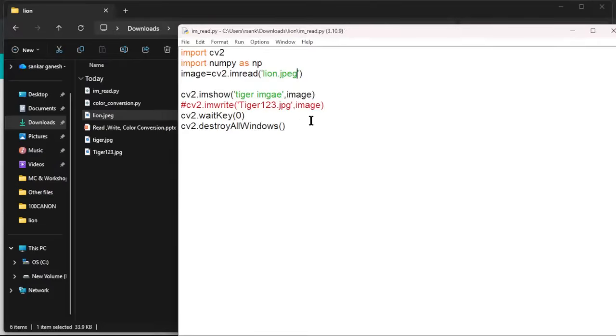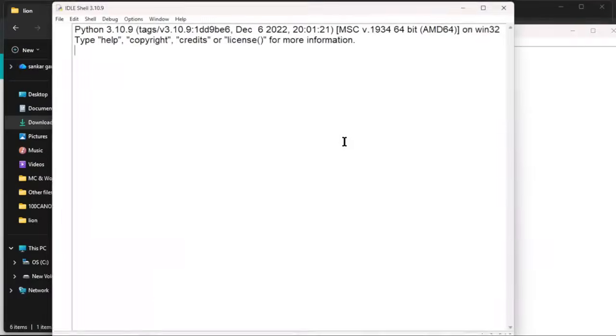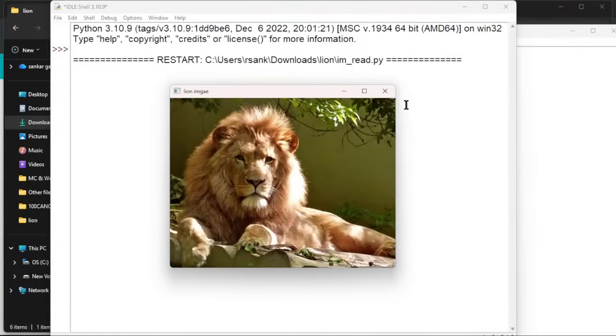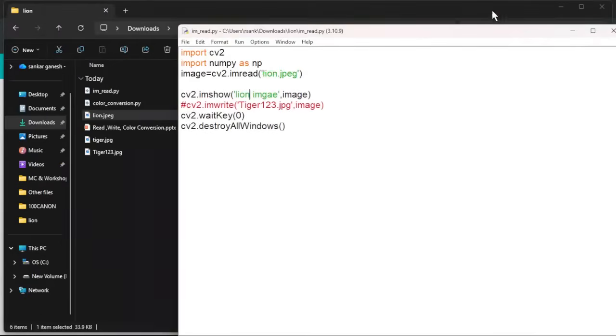So now we save this. Sorry, and here the image is a line image. To show, save and run this. Here the line image will be there. Okay, so when I close this, then only I have to execute. So it is just to read the image. Next we have to write. So downside, the